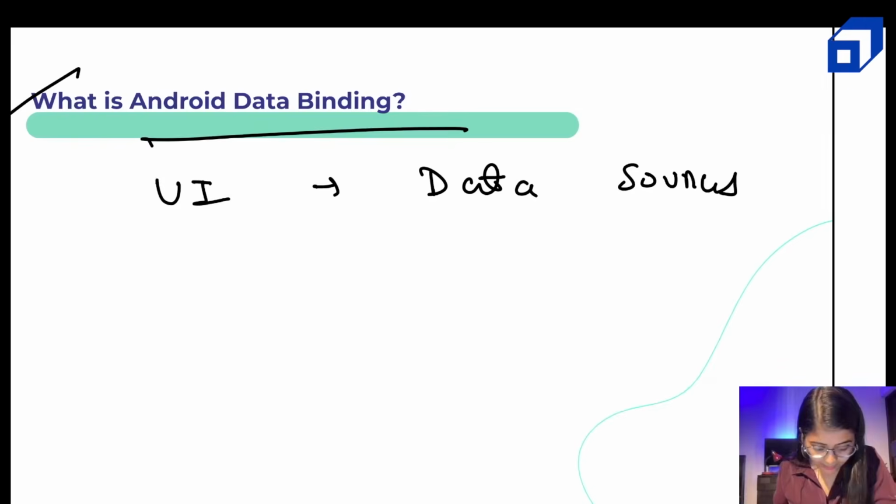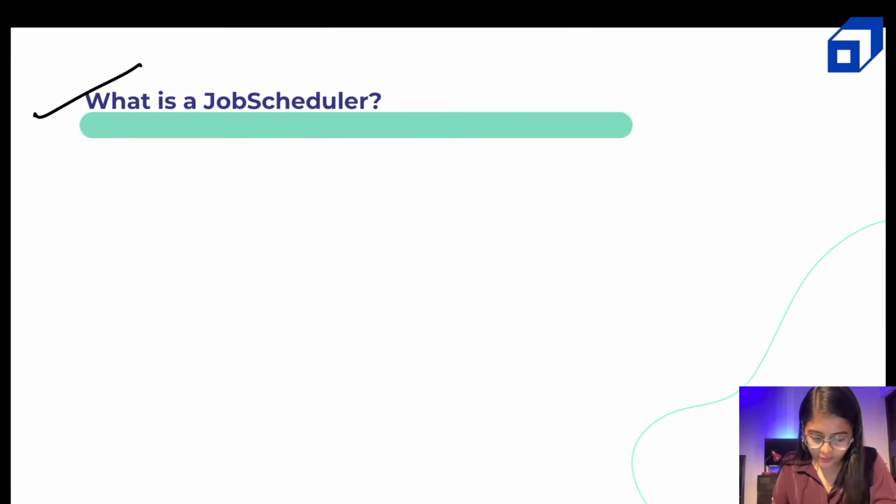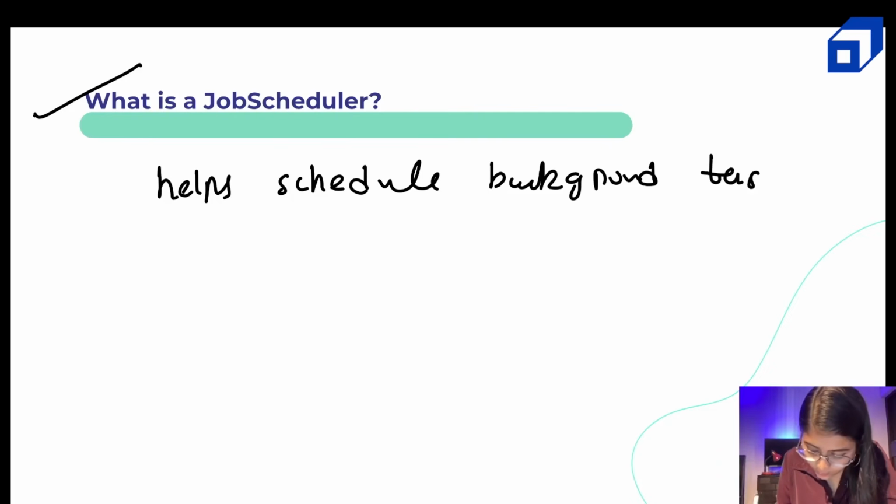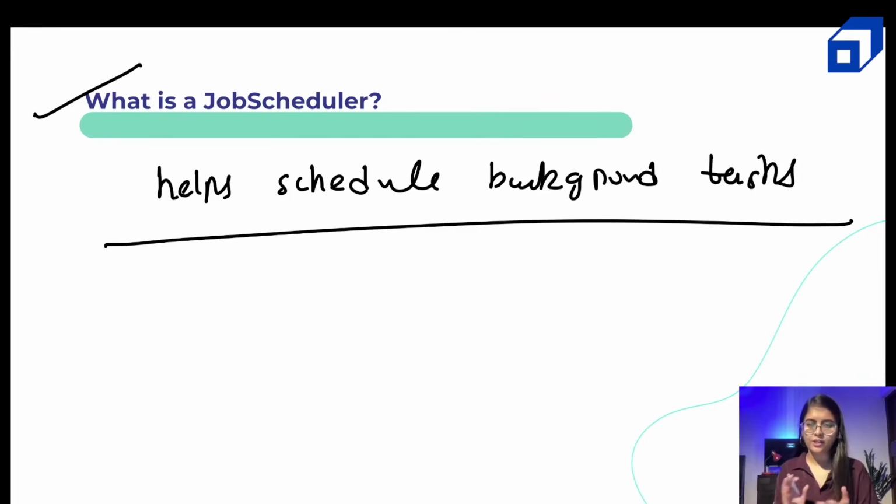Perfect. And what is job scheduler? Again, a very important concept in Android. The job scheduler API helps us schedule background tasks which are executed in the application. Let's say you have to give some conditions, like if the phone in which the app is installed is connected to power, if Wi-Fi is there, or certain other conditions, then only this particular background task should be executed. Or maybe some scheduling is done at a fixed time,